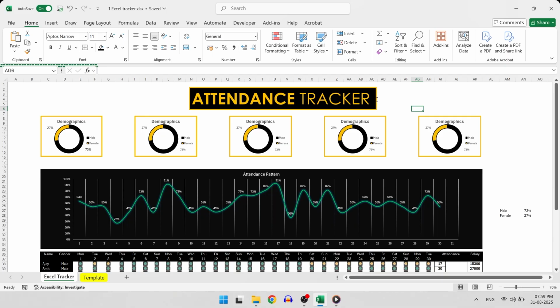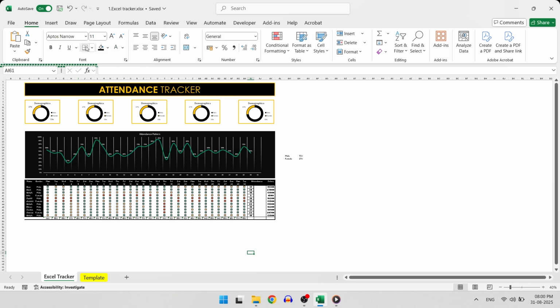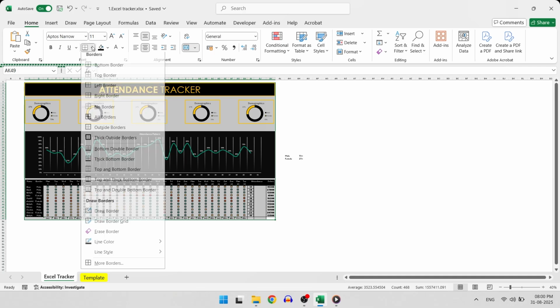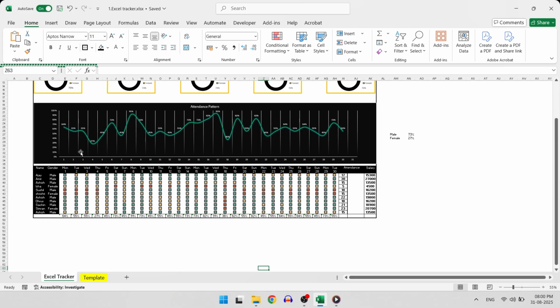Now resize this text box and set it to the width of our line chart. And now you can simply select the whole dashboard and set it to the outline boundary. So that's it. Your chart is ready.